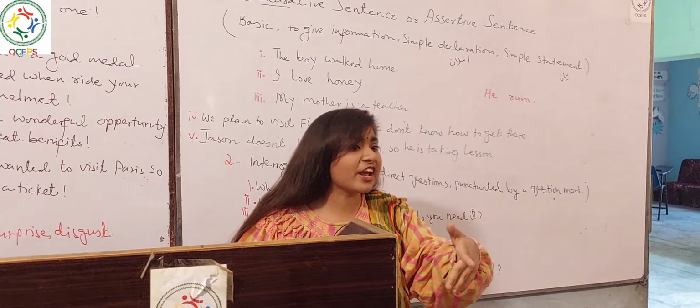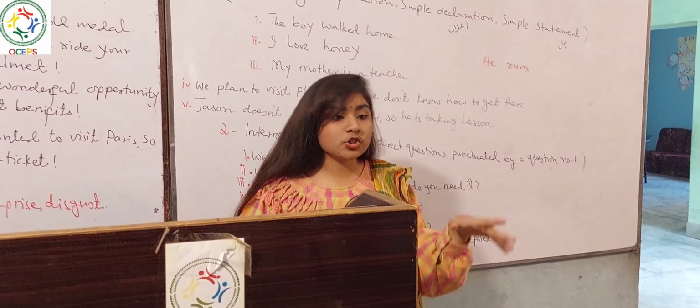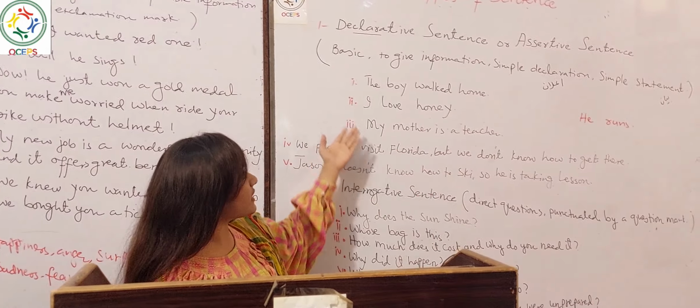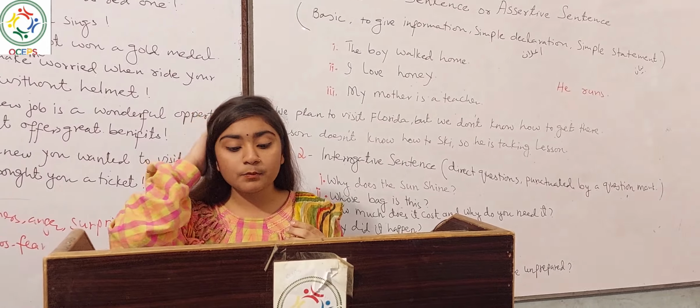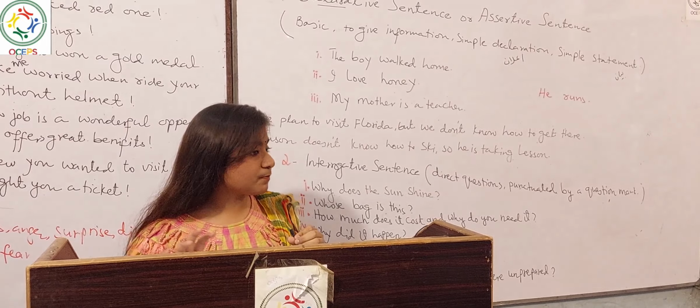I told you I am going to share. This is quite a very simple statement, a very simple declaration. Okay. So this is also included in the declarative sentences, right? These examples I have already shared with you. I am going to share new examples. So the first example is: She goes to the restaurant. That is a quite simple statement or simple declaration.